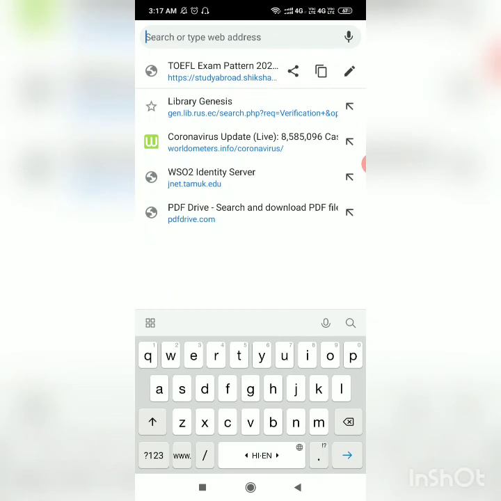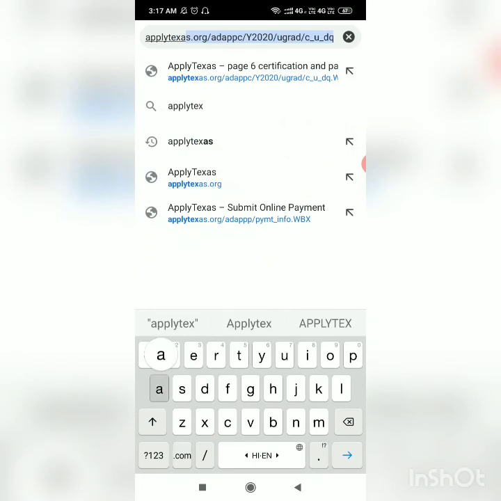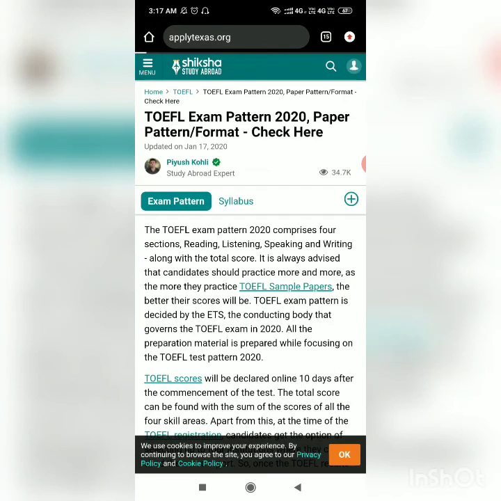After that, you have to give an application to the university. So let us say if you want to go to Texas, you can go through the website called Apply Texas. So if you go to the Apply Texas website,